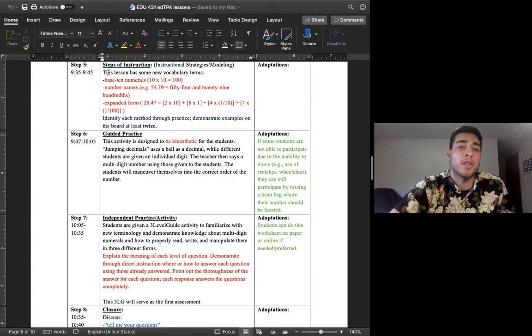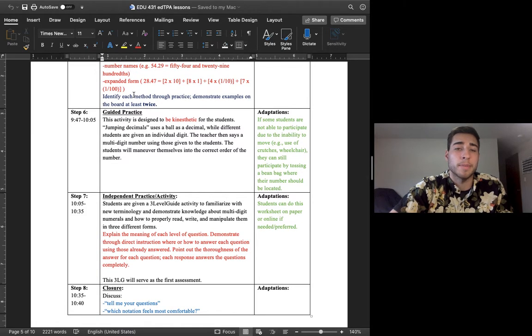So the steps of instructions then, we're going to really talk about how to use base 10 numerals and the difference between that and decimals. Talk about the number names, so having to write out numbers in words is also important for them to identify the decimals. And then the expanded form. So just how we talked about earlier, how these really relate to decimal values